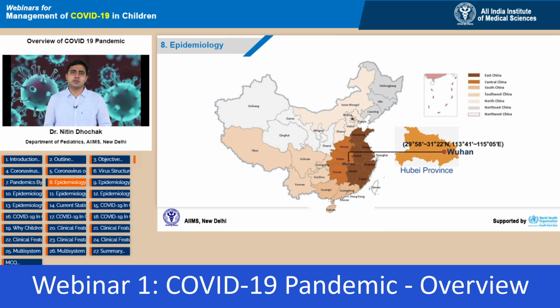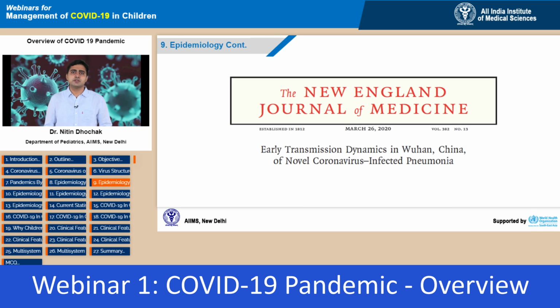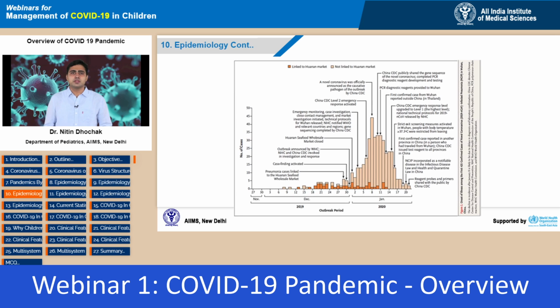Briefly recapitulating the timeline of COVID-19, it began in Wuhan city, Hubei province and probably from the Huanan seafood market. This is the publication on early cases and transmission dynamics of COVID-19. This picture highlights the series of events in December and January related to COVID-19. As we can see, cases of acute respiratory illness started in early December 2019. As highlighted, a few cases were associated with seafood market exposure and a few were not.